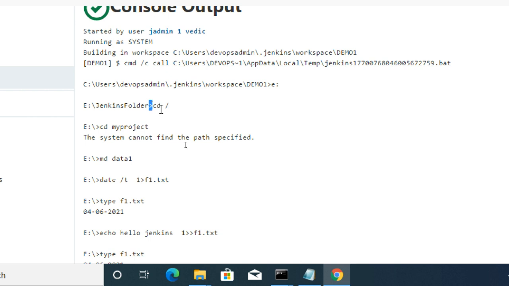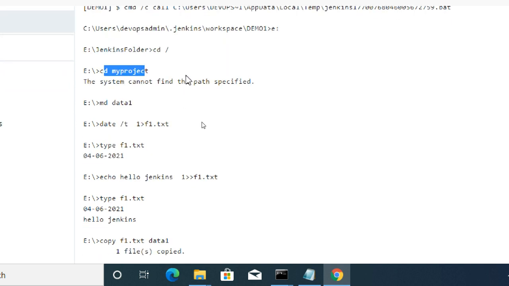Then cd slash. So understand why I gave cd slash. When I gave e colon, it went to the Jenkins folder. That's why I gave slash. Then it becomes the E drive. Then cd my project: system cannot find this path.